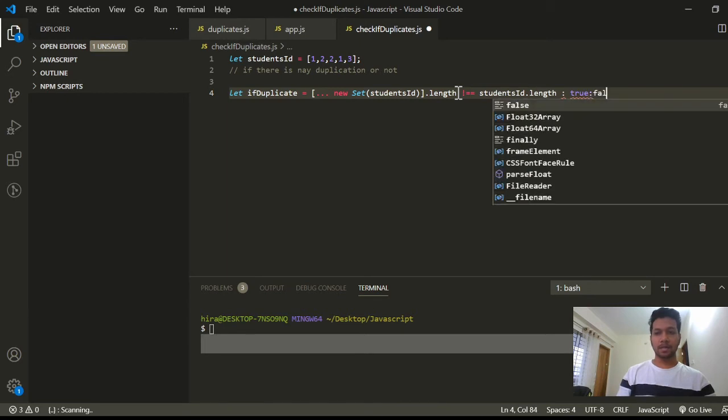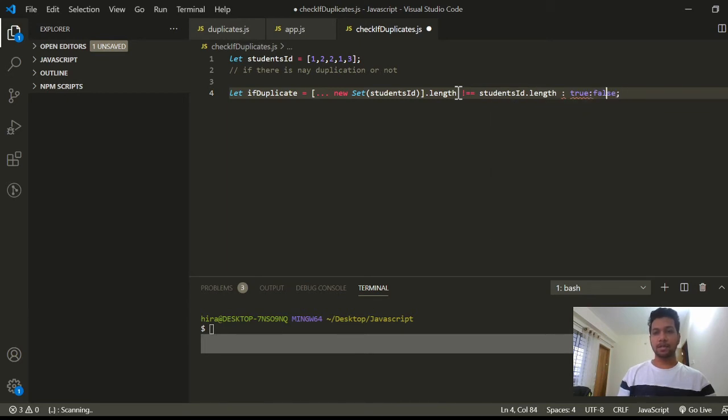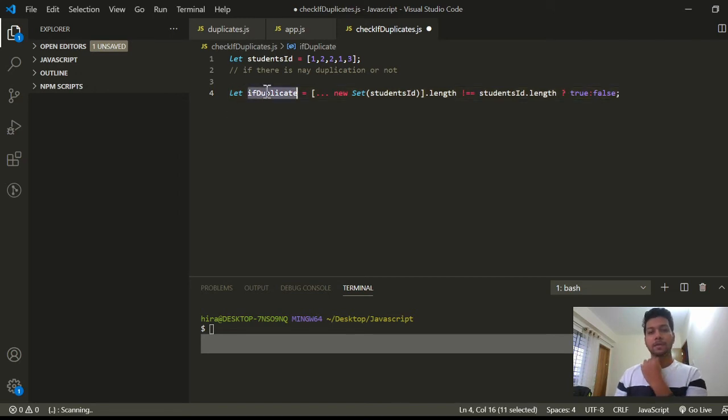That means this array contains duplication. If that is true, that means this array contains duplication. Or if that variable returns false, then you can easily say that this array doesn't contain any duplication.